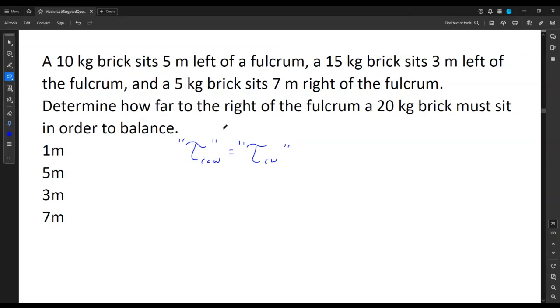Okay, so we want to read through and carefully see what's sitting where. To the left and to the left, these things are going to be working together. So we're going to have 10 kilograms multiplied by 5 meters plus 15 kilograms times 3 meters. And that will make some combined torque-like measurement that's trying to turn. Then we're going to have some other torque in the other direction. So notice now to the right,